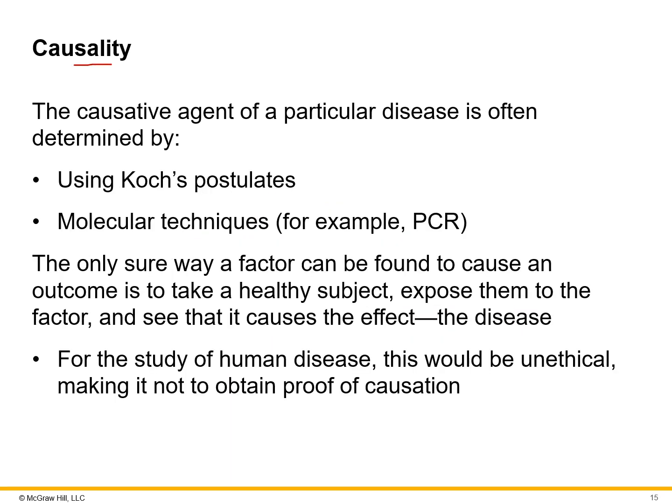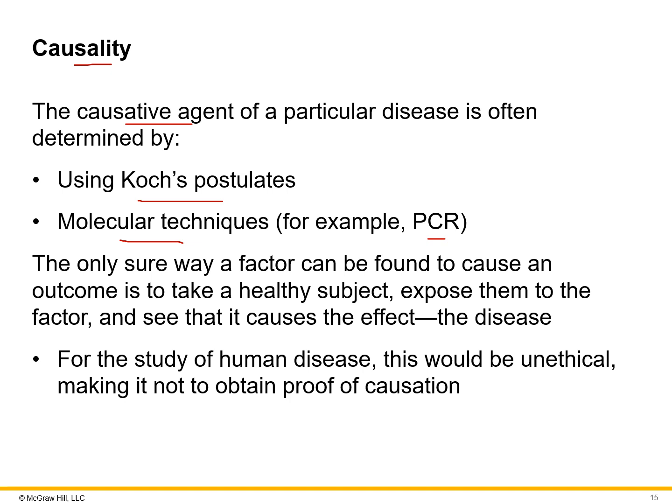Causality is another important part. So this is the actual causative agent. So then that brings us back to the Koch's postulates of determining what the etiological or causative agent is, and the 4 steps to determine that. So a lot of molecular techniques that we'll learn about more in the next chapter, like PCR, are important for